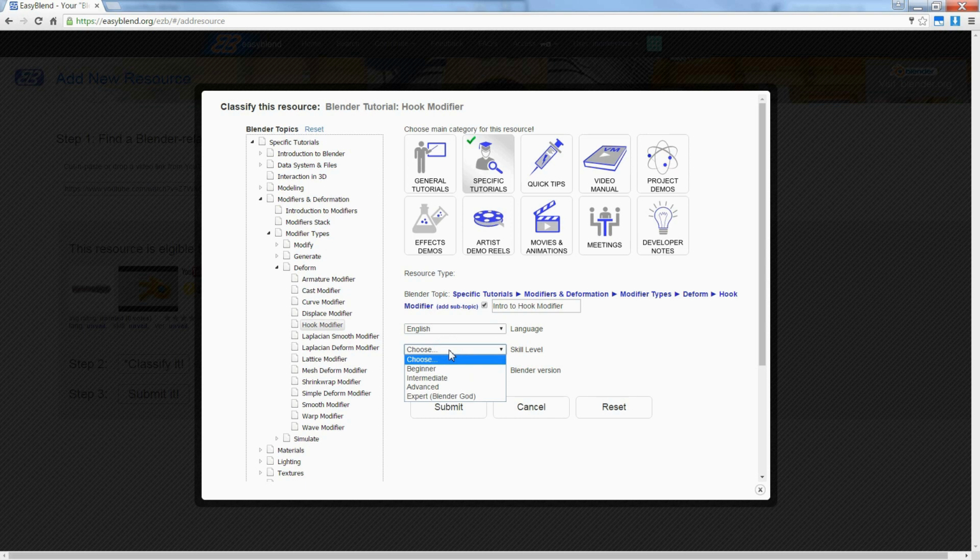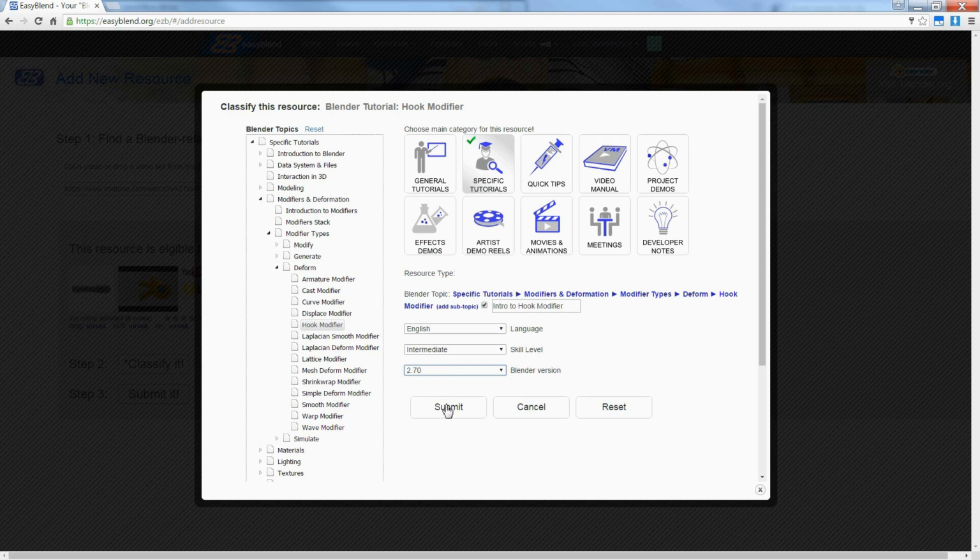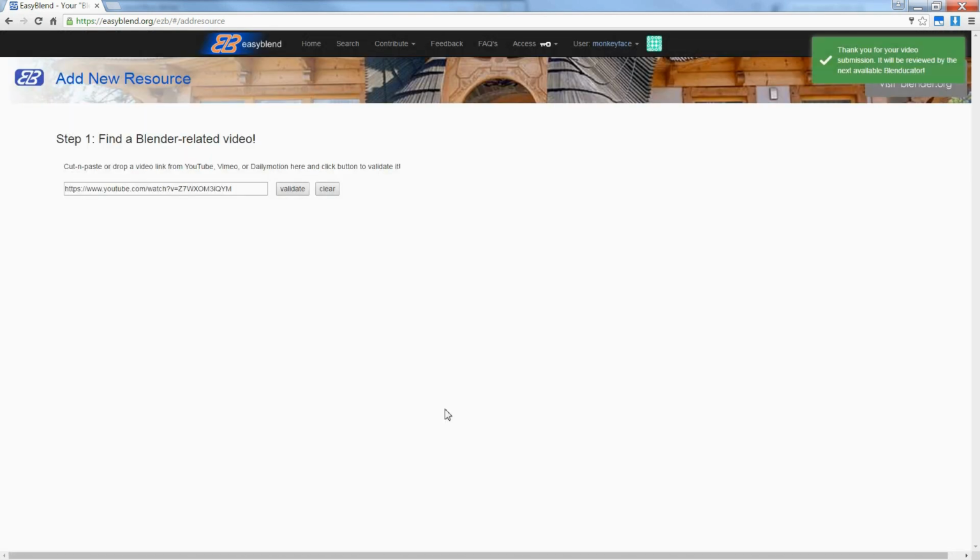The skill level I'm going to say is intermediate. And of course this is subjective. Although this is an introduction to the hook modifier, the author covers several subtopics which a Blender newbie probably wouldn't be familiar with. And the Blender version he uses here in this tutorial is 2.70, so I'll just select that here. Alright, I'm comfortable with my choices, and I'll just hit submit, which is going to place my submission onto